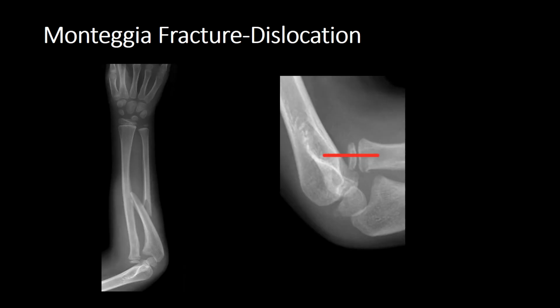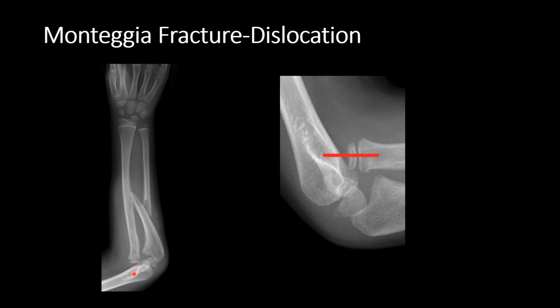Okay, so let's look at this a little bit more closely. Remember, we use the radiocapitellar line to evaluate the relationship of the radial head with the capitulum. So let's draw in our radiocapitellar line. Remember, this line should be drawn from the midpoint of the radial neck, and it should bisect the midpoint of